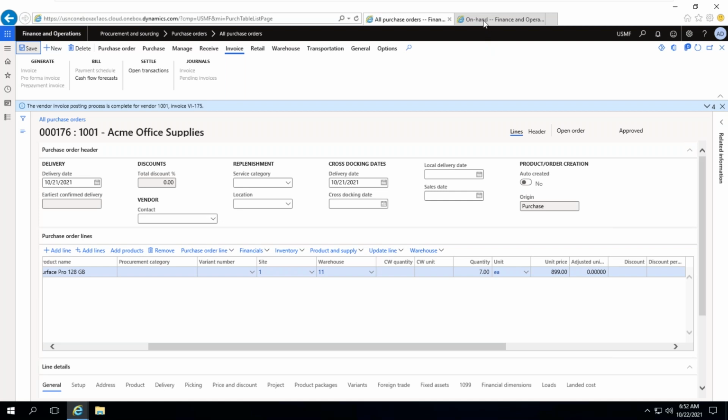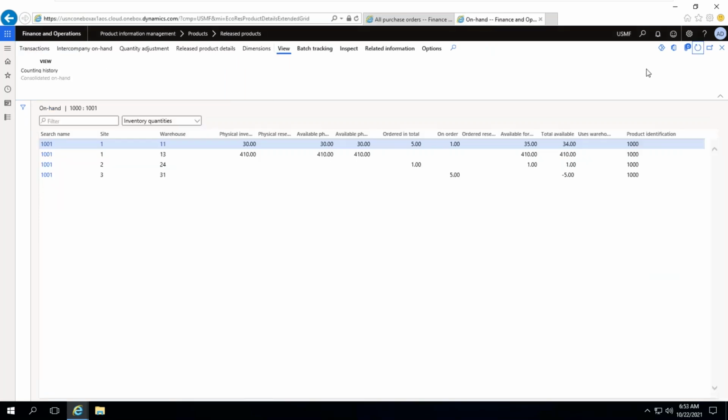Now if you verify the on hand inventory and refresh, here ordered in total will be increased to 7 plus 5, 12, and physical inventory will be 30 only. Look at this one. Now ordered in total is 12. Okay. Next,